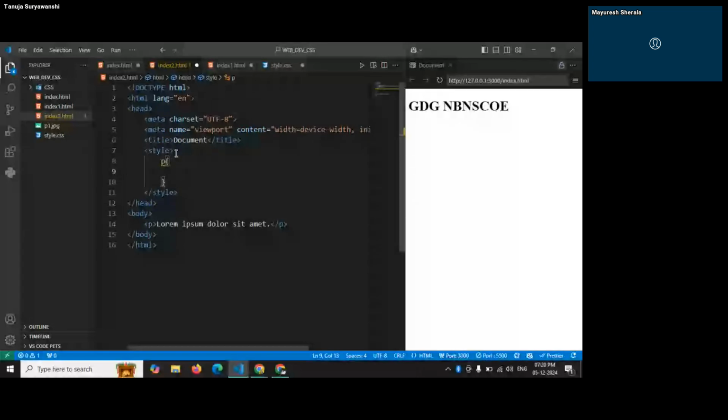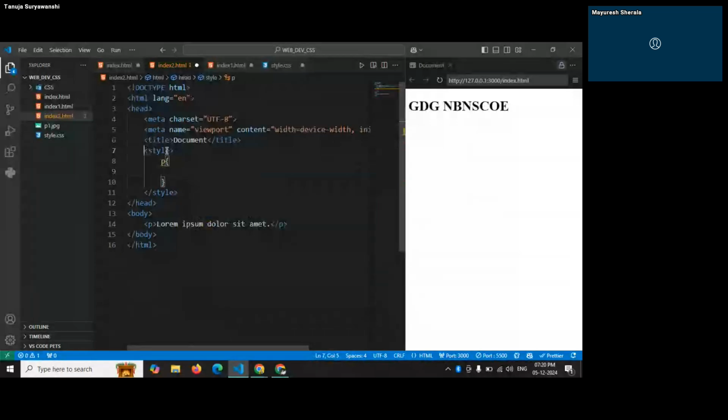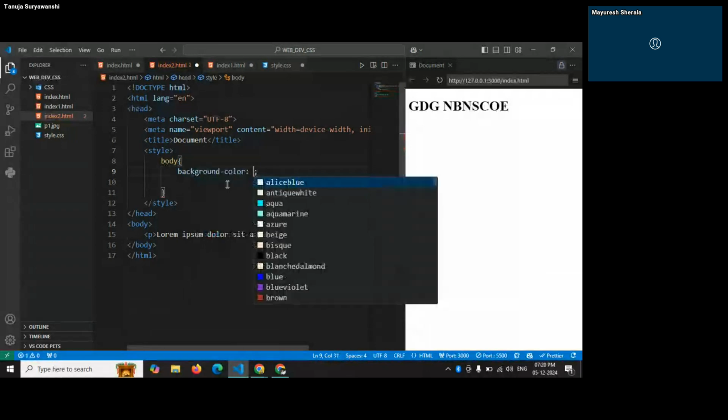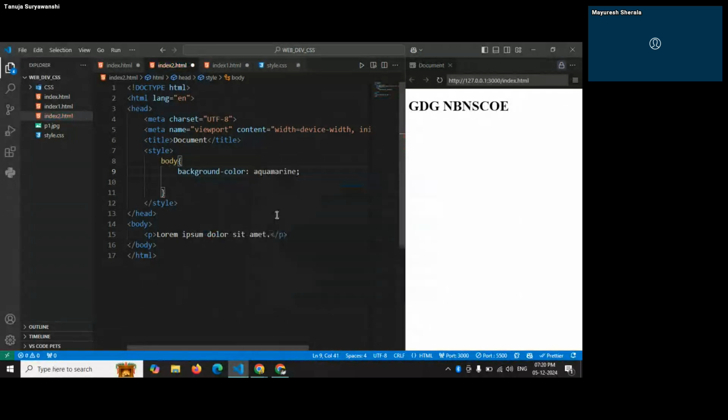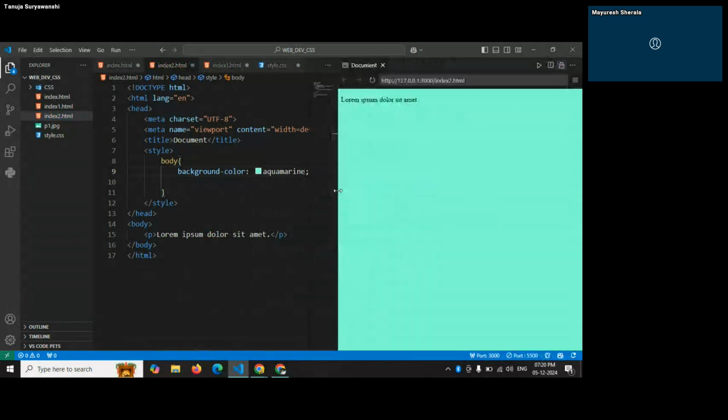And then a property, like background color. I want background color, like background color is, simply do for background color. You can see